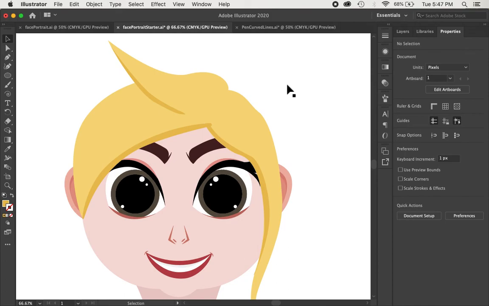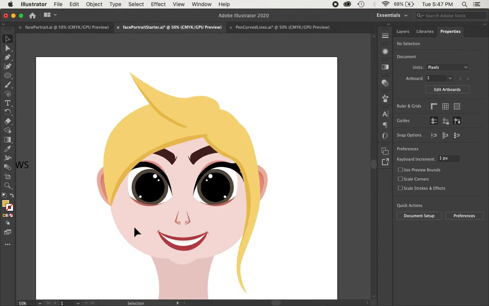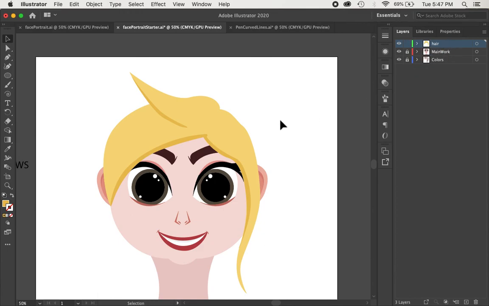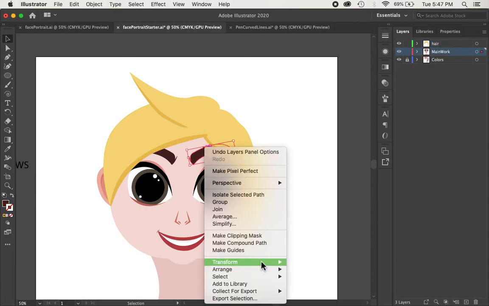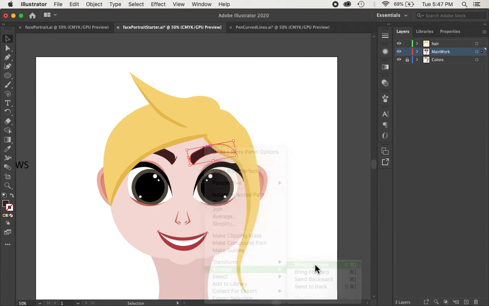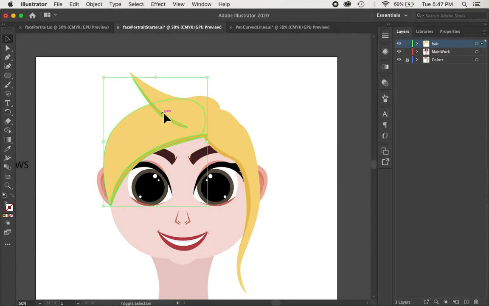Okay, once you have your highlights in, and again, you can make your hair as unique as you want it to be. But we have all this in this top layer, but we still want to get the eyebrows on top of it. So I'm going to go back and unlock this main work layer. And notice how we could never send this to the front of the hair no matter what, because this hair is still in another layer. So we're going to select the hair pieces,